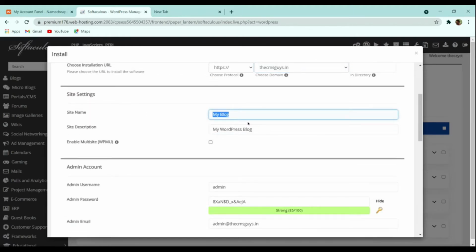Site name is basically our site title. So here I will give it the name, let me give it cms guys. After that, in this description I will give our company tagline, which is spreading the knowledge. So let me give it.